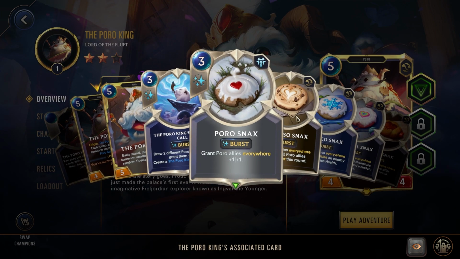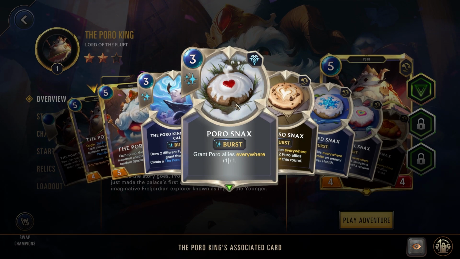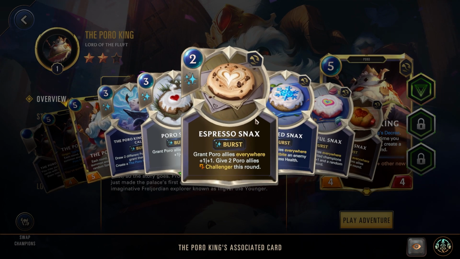So before he's leveled up, the spell he's generating is the 3-cost burst Poro Snacks, so grant Poro allies everywhere, so even some you haven't made yet, 1/1, great way to scale up your units. Now, once he is leveled up, he's now going to start making these special snacks. So they all have the same effect as the Poro Snacks, the grant Poro allies everywhere 1/1, but these all cost 2 mana instead of 3, so they're all just cheaper while doing the same effect, but then they also